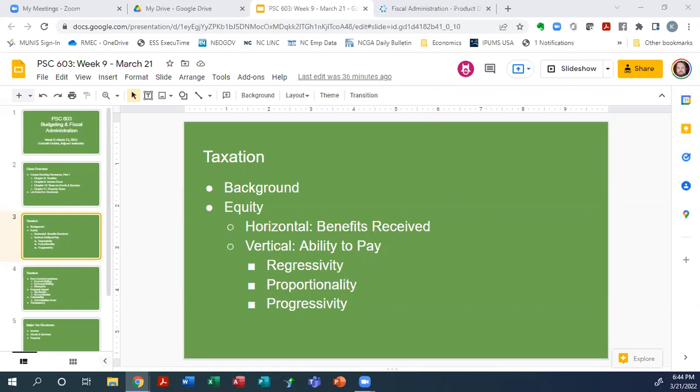But another thing to think about is there are some who argue that just because you're paying more in taxes does not necessarily mean that you get more in terms of value in the services you receive from government. Now, that doesn't necessarily always balance out with the argument about the ability to pay, but it is something that is brought up a lot by people to say there's only so much that I can consume. My share doesn't necessarily change despite whatever my wealth is or whatever my income is. Anybody else have anything they'd like to add?